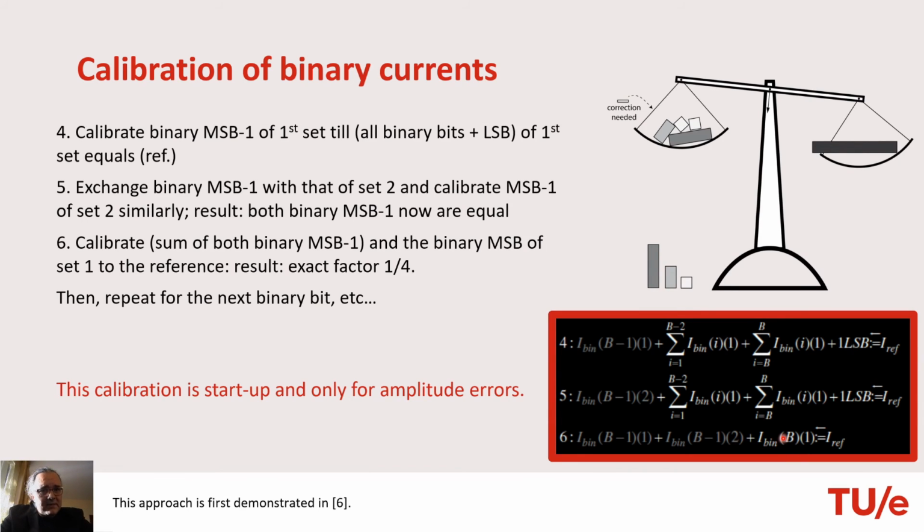And the MSB current is already calibrated to half the reference, which means that each of the MSB minus 1 currents will be exactly equal to 1/4 of the reference,